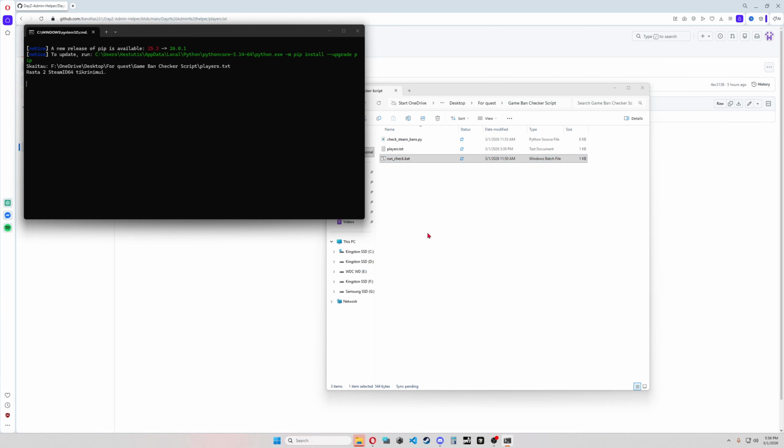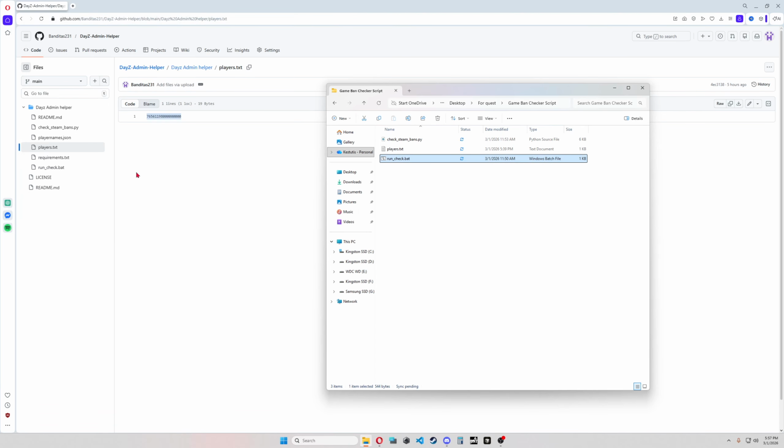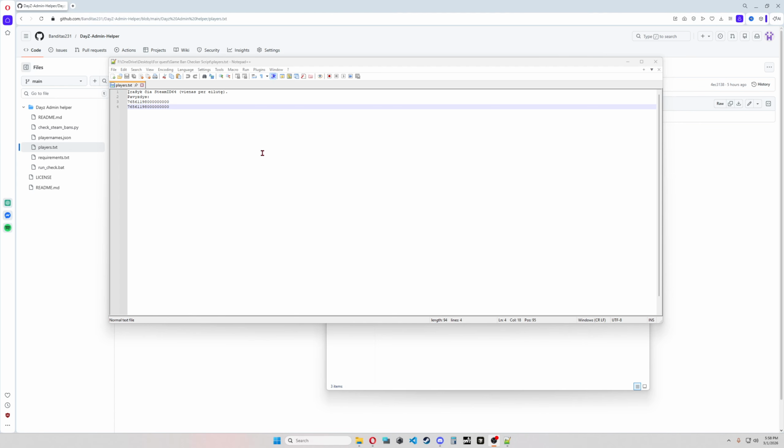If I double click, you see now two Steam IDs. So everything is clean. Press OK and continue. Wait a minute. I'm crazy. I pasted the same Steam ID twice. So let's try again. Just paste.